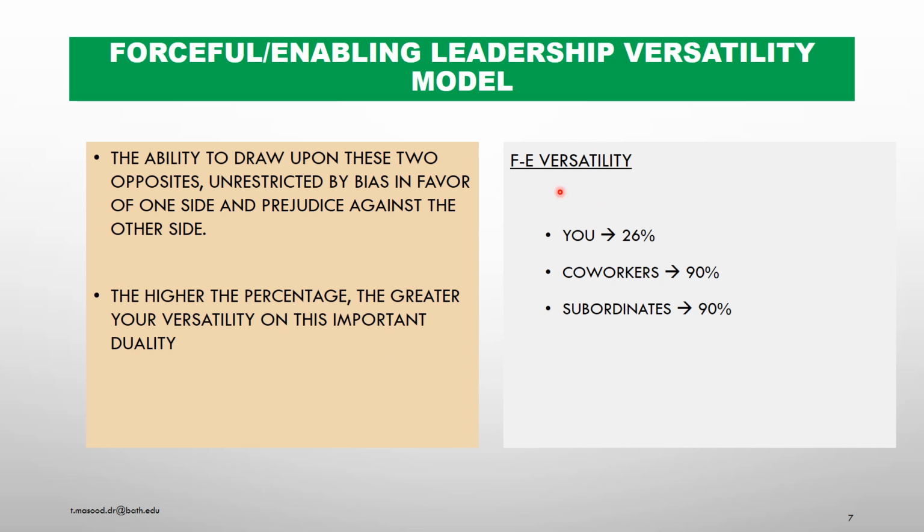Over here, forceful-enabling versatility is 26%, co-workers 90% and subordinates 90%. If you see co-workers and subordinates gain a high percentage, it constitutes a high versatility index compared to your personal result, showing where you stand in this model. So in my next slide,